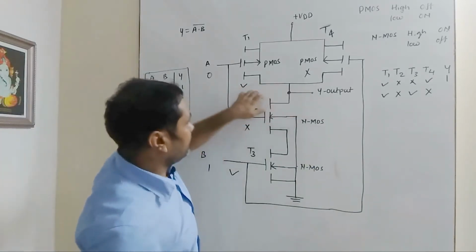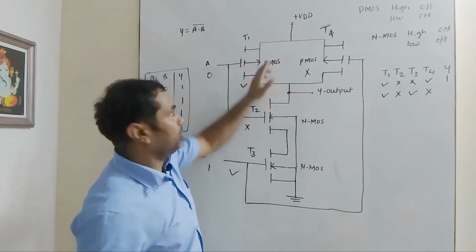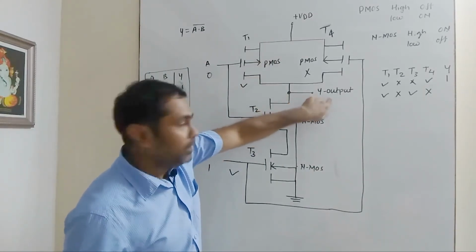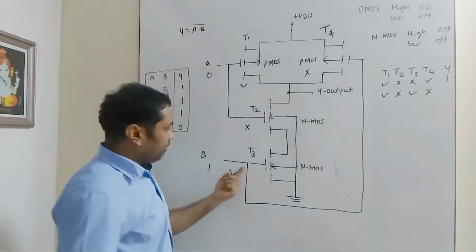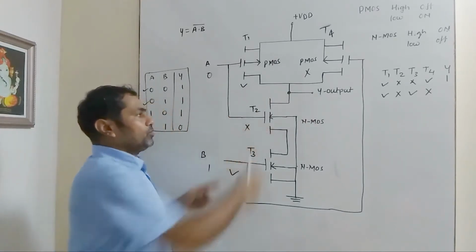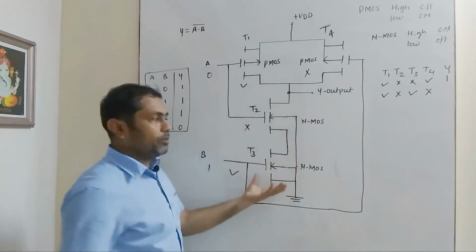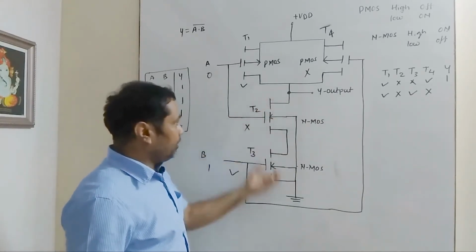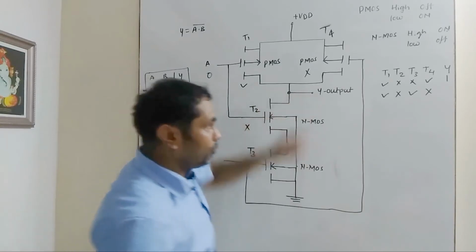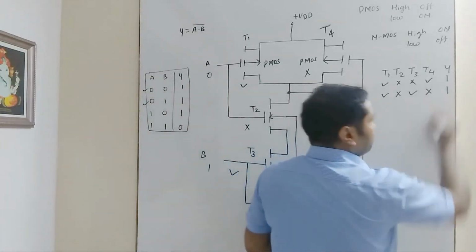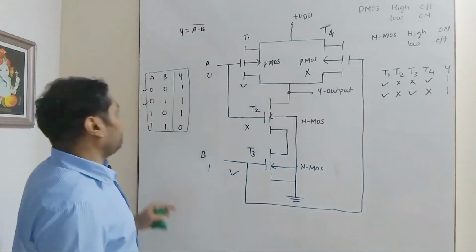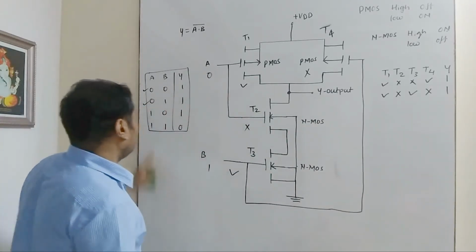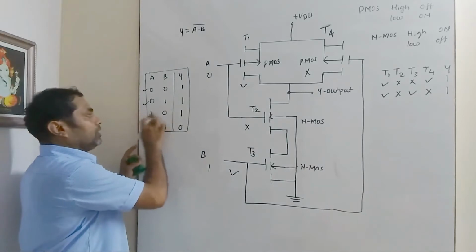In the parallel connection, if one of the paths is on, the current will still flow and it will be obtained at the output. In the series connection, T3 is on but T2 is off. So current conduction is not possible because in series one of the switches is off. So current will drop across it. So here the output is also 1. So for the second condition, if one of the inputs is high, the output is high. The second condition is satisfied. Let us check the third condition.